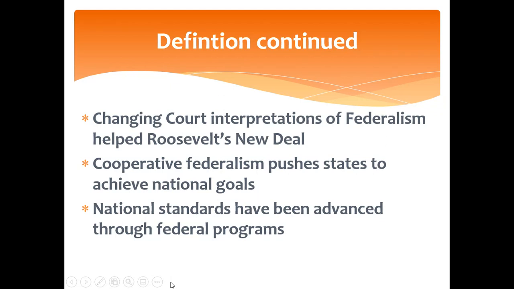If we were lucky, we got offered the categorical grant. We got offered money. We see that, and even today, sometimes the federal government will hand down what are called unfunded mandates. With unfunded mandates, the federal government comes to the states and says, this is what you're going to do. And the states are waiting for money, and the feds are looking at them, and the states finally realize they're not going to get any money.